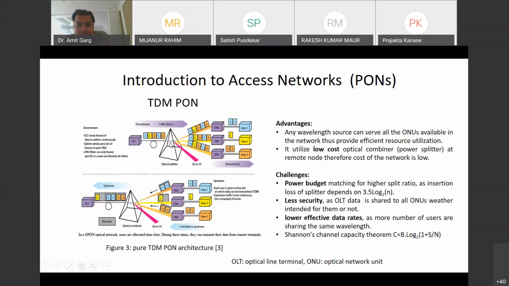Basically this power splitter has insertion losses of 3.5 log of 2n, where n is the number of output ports. Ideally the loss for this optical splitter is 3 log of 2n. But when we connect this splitter practically or in the field, it has some more losses due to the connection or some other issues. So suppose this splitter is 1 cross 2,